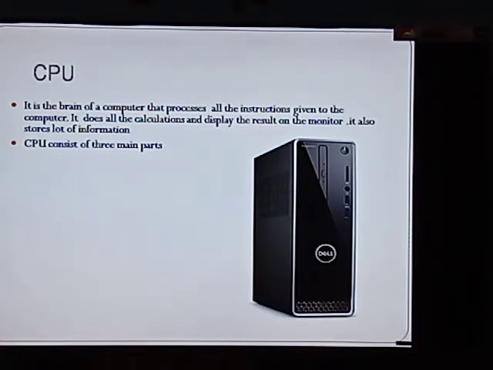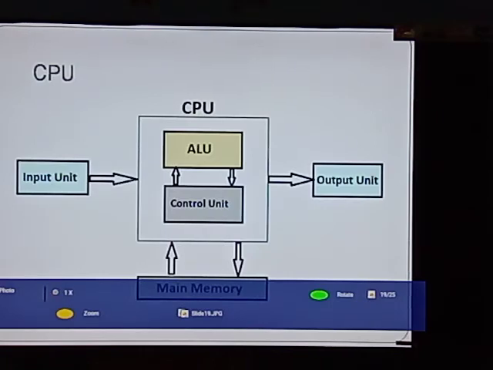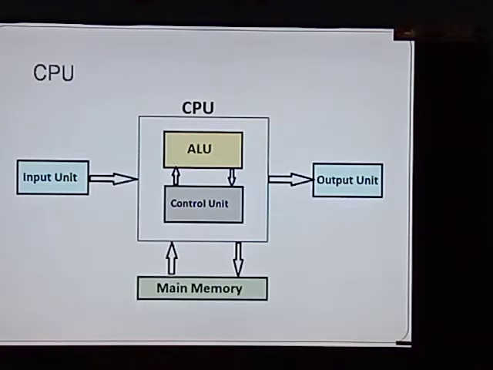CPU consists of three parts. You all can see the block diagram of CPU here. CPU basically consists of three main parts. First one is ALU, second one is CU, that is called control unit, and third one is